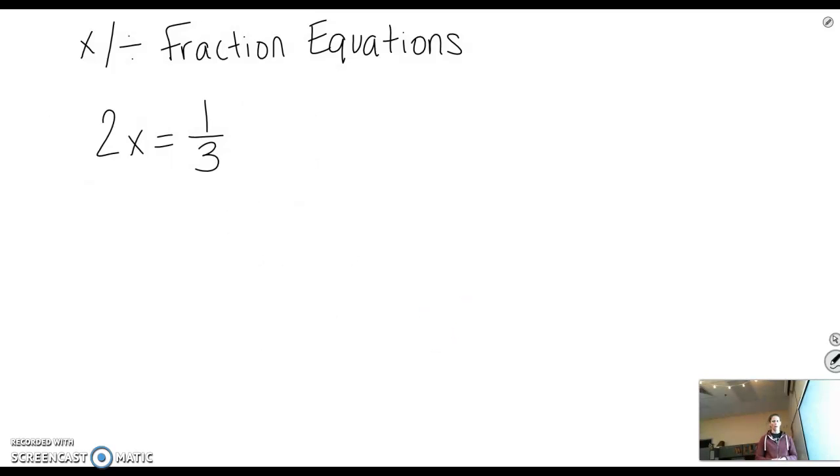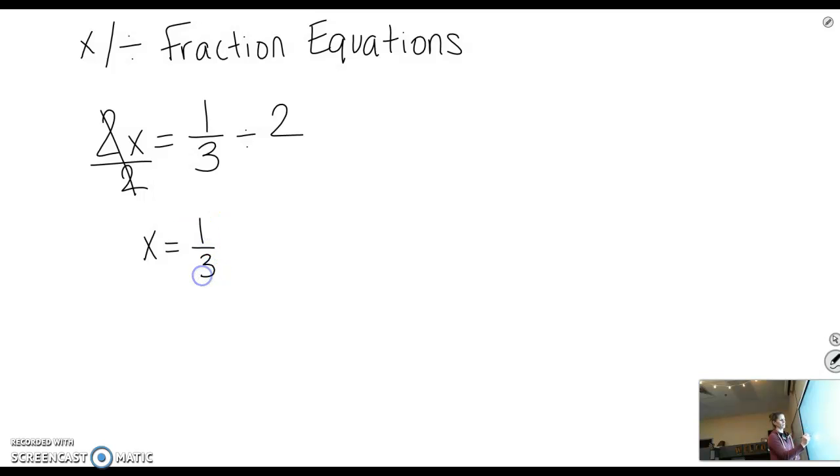Okay, so I'm going to work this next problem two separate ways because I think one is a little more explanatory than the other. So we have 2x equals 1/3. So we want to isolate x by itself. I know that 2x means 2 times x. So I'm going to divide both sides by 2. Right? So I'm going to divide by 2. 1/3 divided by 2. Okay? So now I have x equals